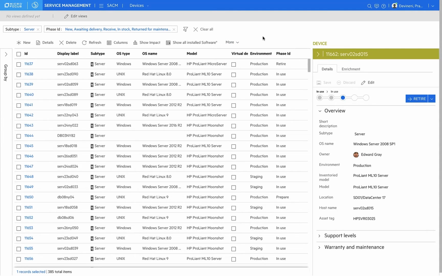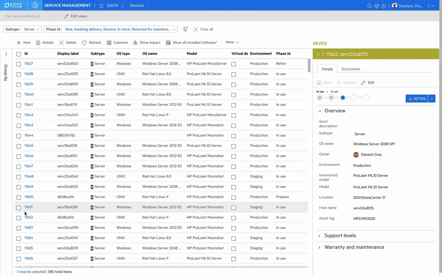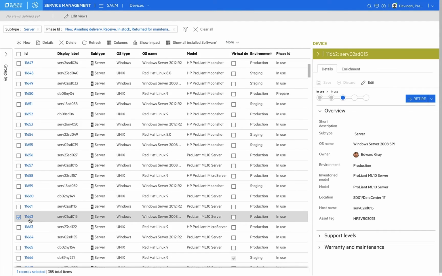I'm going to choose one particular asset out of this list so that we can deep dive and understand how this asset lifecycle is managed end to end and also understand how other components like your contracts or your financials are linked to an asset. For that purpose, I'm going to choose one specific asset, which is the server named SERV02SD015. As I click into it,